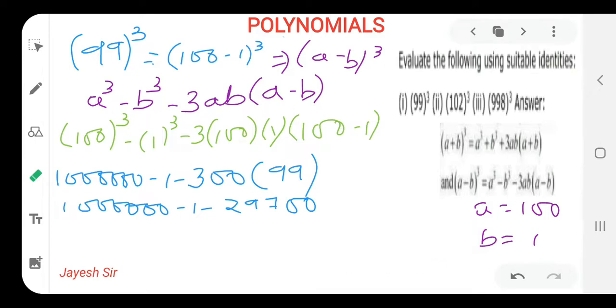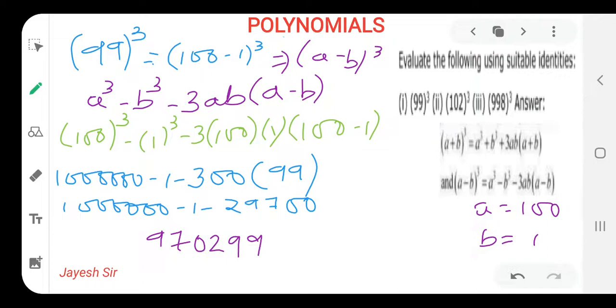Yes, friends. Now we are about to complete. We just have to subtract. What is to be there? 10 lakhs minus 29,700. So we can just easily subtract 10 lakh minus what we want to do. 30,000 we can take instead of 29,000. So what will we get? 97 lakhs, and 700 we want to subtract, and one more, that means our answer would be 97 lakh 0299. If you are facing a problem, you can subtract and check it. You will get this answer only.